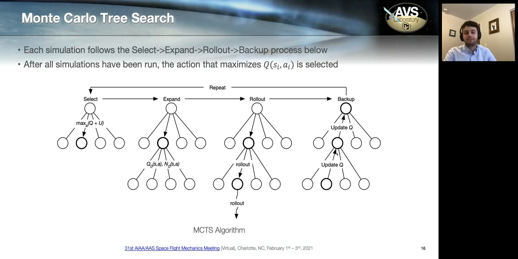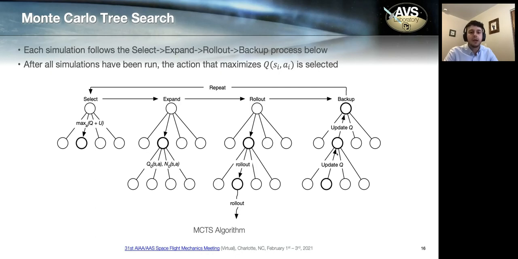First, the agent selects an action based on the intermediate state action value function and some exploration bonus. If the agent reaches a state it's never reached before, it expands that node into each action and initializes Q and N. If it hits a state that it has reached before, the selection process just continues again until the